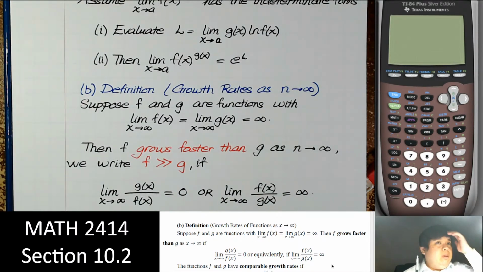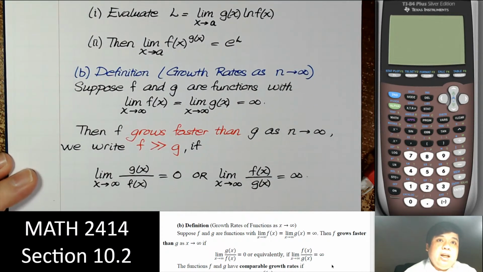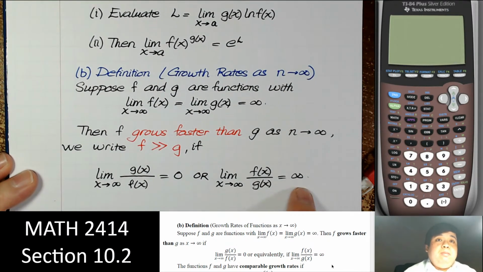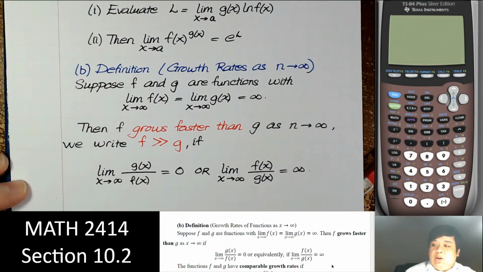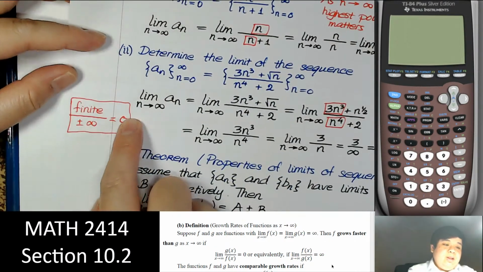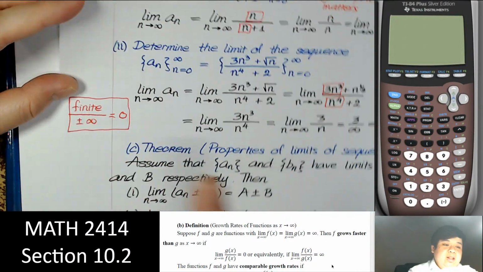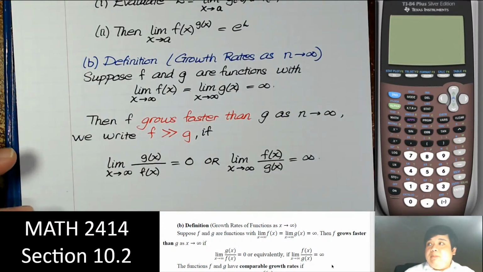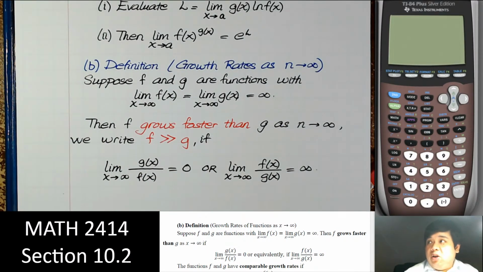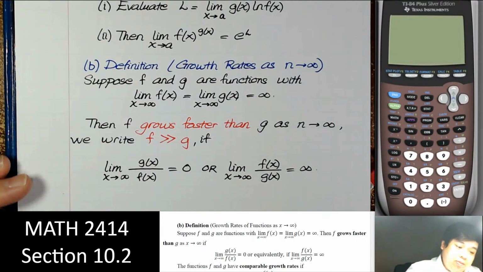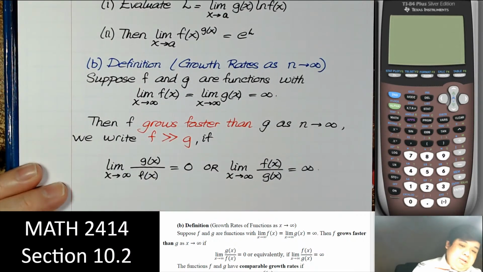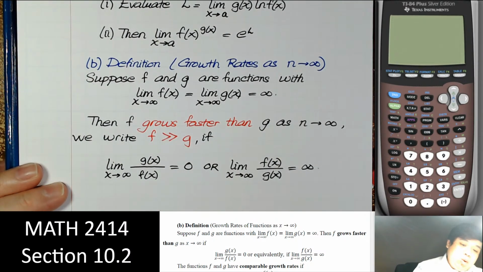Could be negative infinity, positive infinity. Once again, if the ratio is equal to infinity, the top is bigger. If it is equal to 0, the bottom is bigger. And if it is anywhere in between,